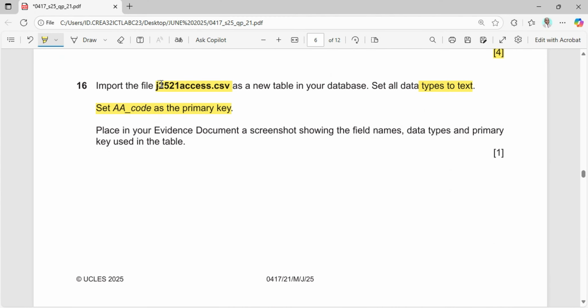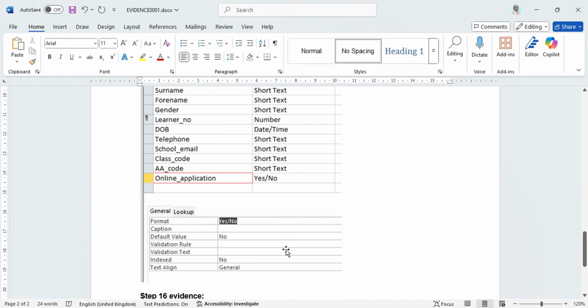import the file J2521 access.csv. It is a CSV file again, as a table in your database. Set all data type to text and set AA code as the primary key. So this is also beautiful. So I'll just go back,